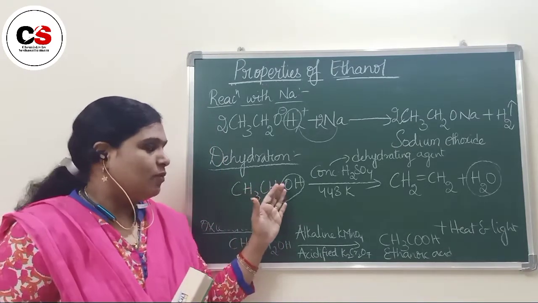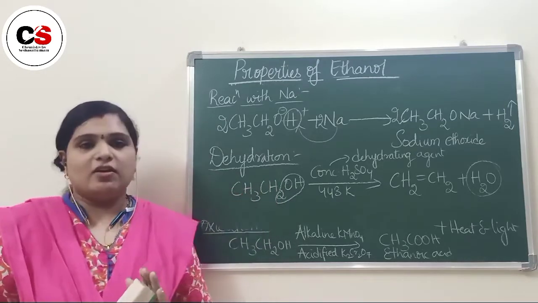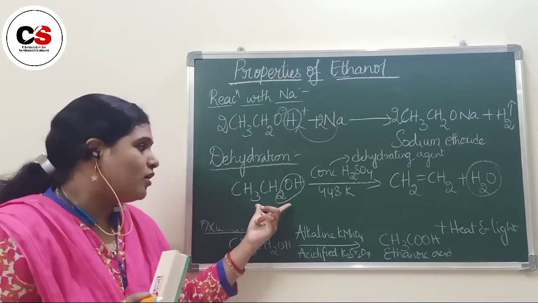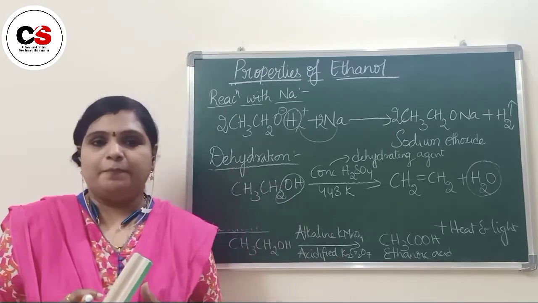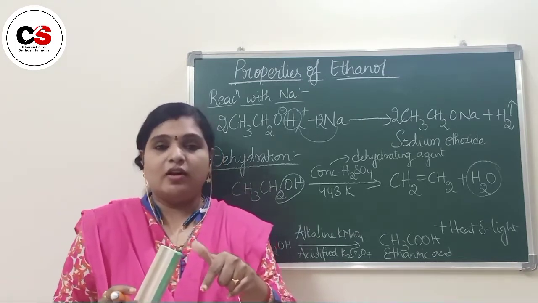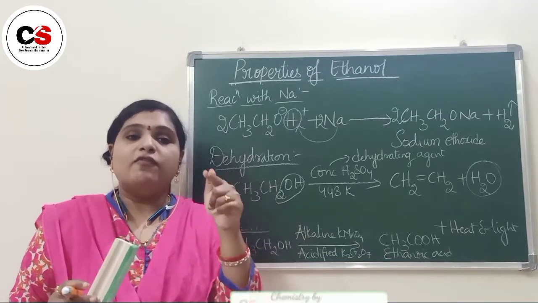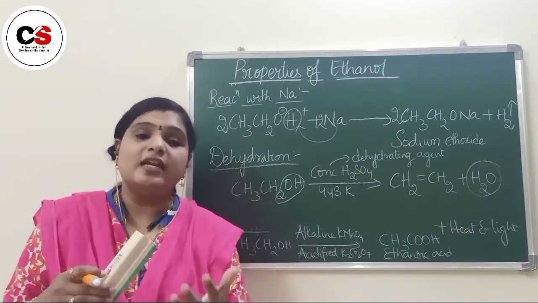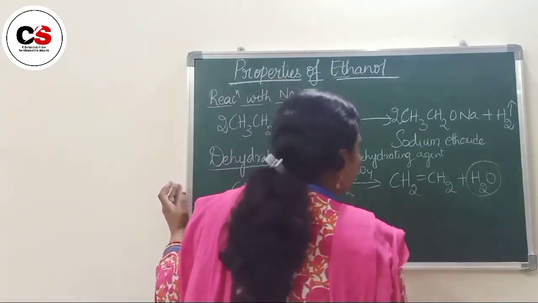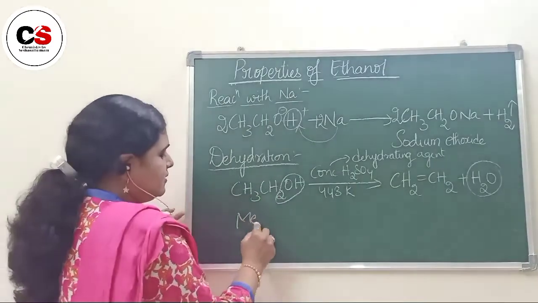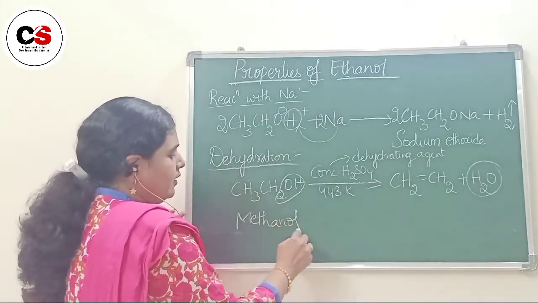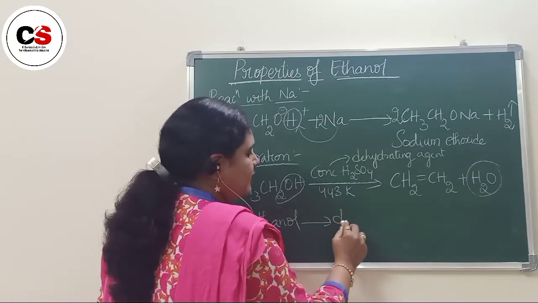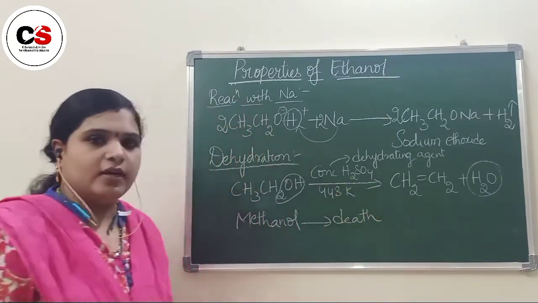Okay? We have seen about ethyl alcohol, right? This ethyl alcohol, what is the precursor for this? It is a 2-carbon compound. The 1-carbon compound of alcohol is methyl alcohol. Okay? That methyl alcohol is also a very toxic agent. When compared to this, methyl alcohol is very dangerous. Methyl alcohol or methanol is very dangerous, and it will cause death even in smaller quantities. If we consume it, it will cause death in smaller quantities.